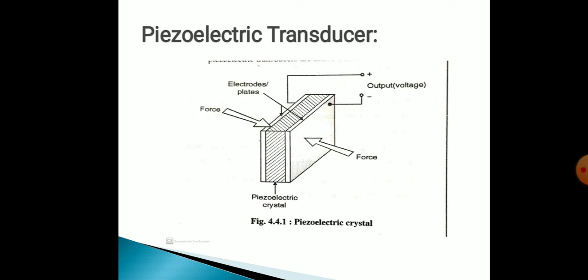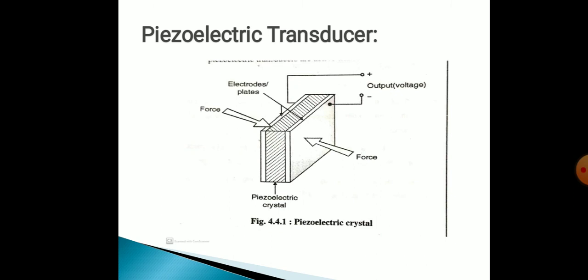The piezoelectric transducers are active transducers. The applied force or pressure causes a change in the physical dimensions of the crystal piece. The effect is reversible. That is, on application of voltage across the opposite faces, a change in physical dimensions is observed. Thus, electrical input produces mechanical output. The mechanical input, electrical output transducers are used in measurement of dynamic pressure, force, shock, and vibratory motion.